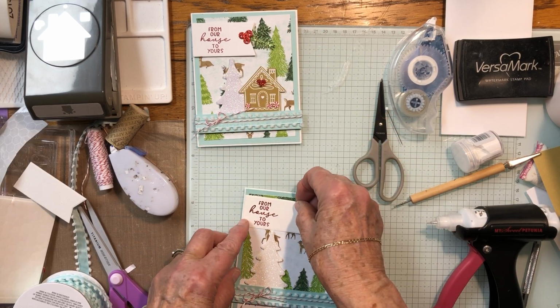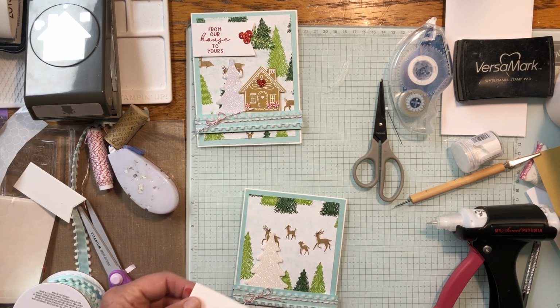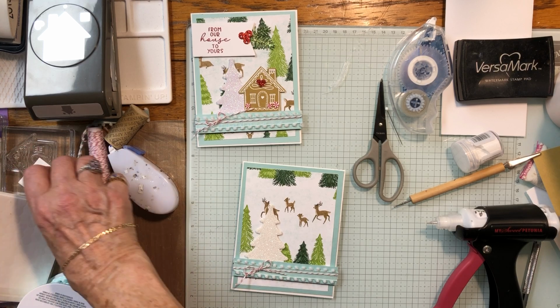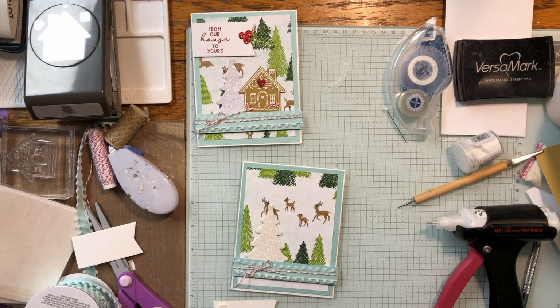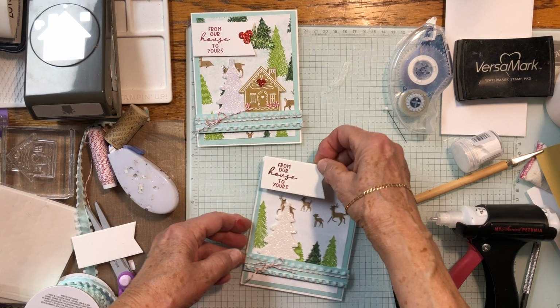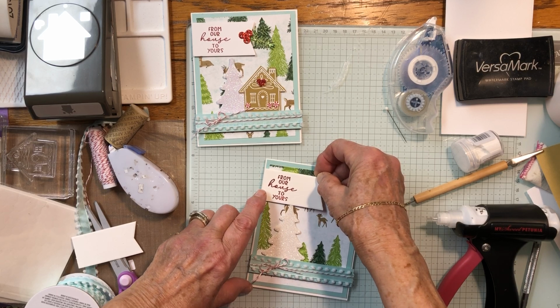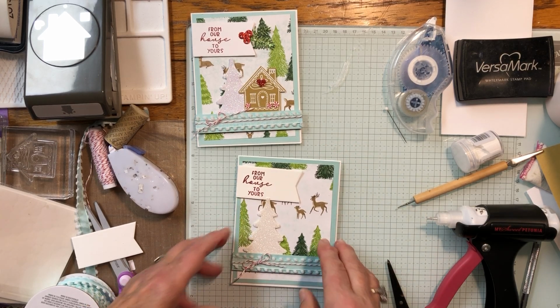Okay, we need to stick him on here. Put him down. So we're going to put some dimensionals right there. Okay, and we are going to just stick him all the way over to the edge, tuck him in just a little bit. Get that little tree top up, that's all right. So then,